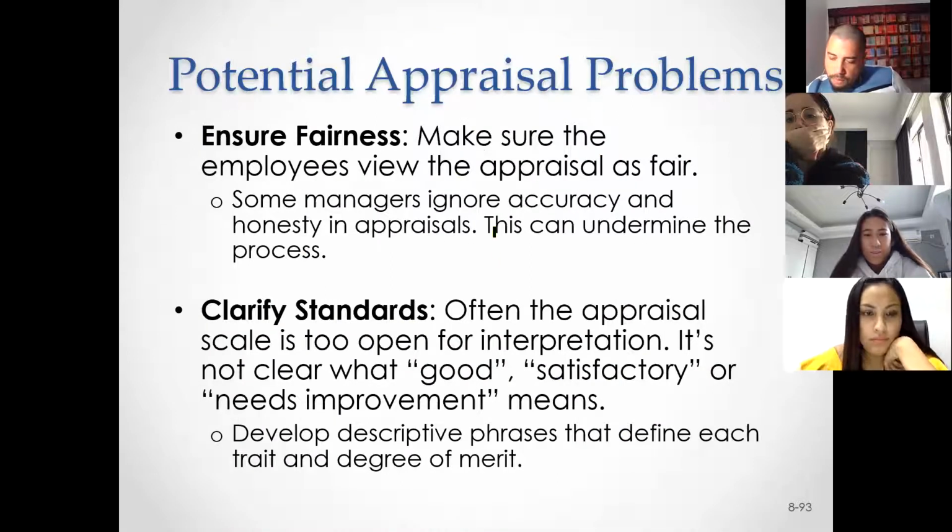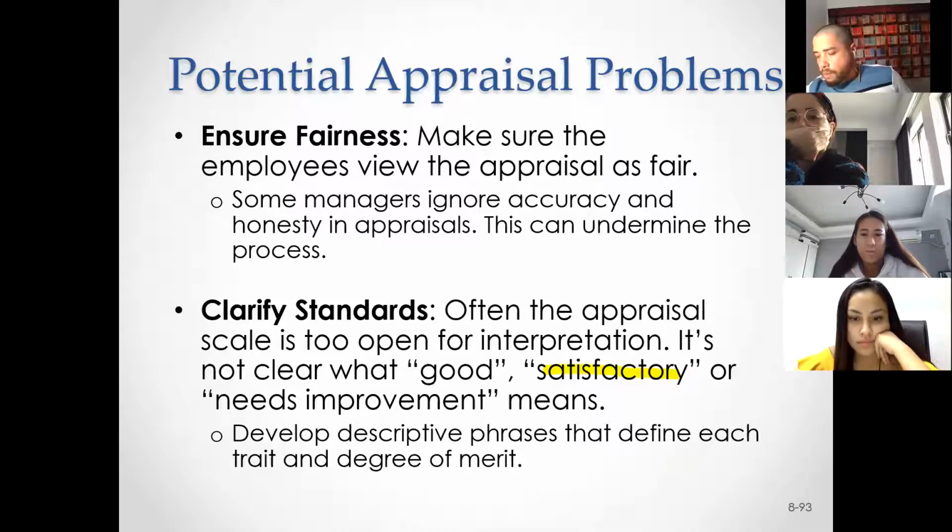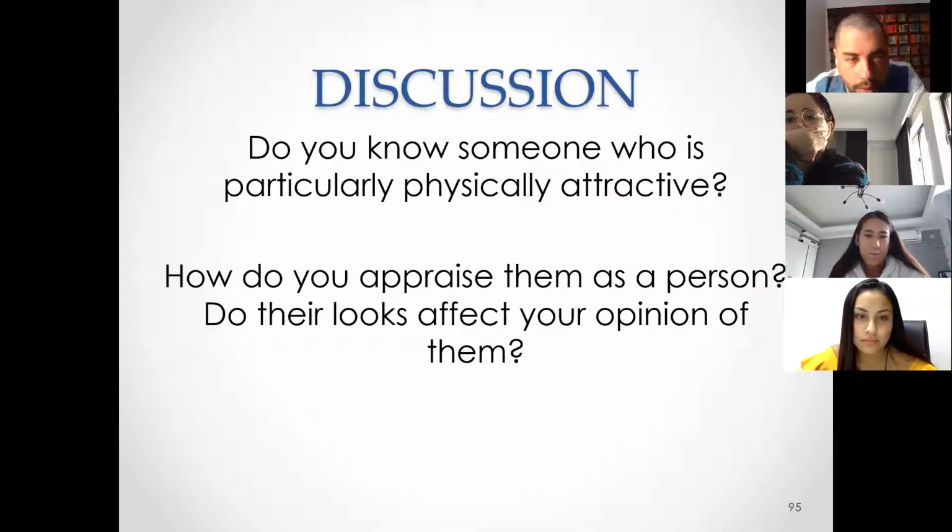So we want to make sure everything is fair. We already talked about clarifying the standards. We want to make sure we know what satisfactory means or what excellent means. We could use bars for that, or we can just sit down and have a meeting with the managers to explain to them. What we don't want to do is just have something like the example I gave you of what they use in many schools, where it just says, excellent means submitted work on time and worked without assistance and worked on their own. It doesn't tell you anything. Other issues,